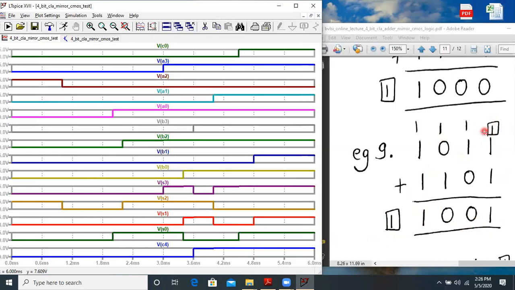So the C0 bit is 1, and A0 and B0 is also 1. So 1 plus 1 plus 1, the sum is 1 and the carry is 1. Carry forward to the next bit. So 1 plus 1 is 0. Again 1 plus 1 is 0. Now next is 1 plus 1 plus 1, the sum is 1 and the carry is also 1. So that is perfectly fine.